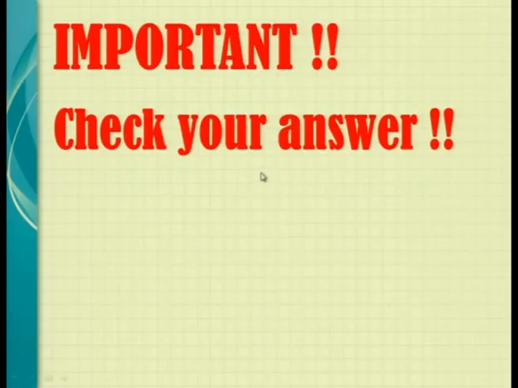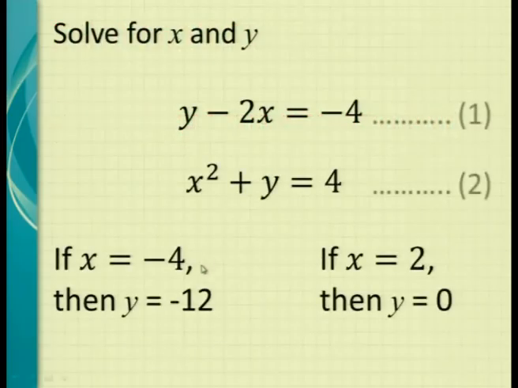Okay. Check your answer. How do you check your answer? You must take this combination and replace it in here and see if that's true. Minus 4 and minus 12. If I put minus 4 in here, if I substitute, minus 2 multiplied by minus 4 will give you plus 8. The y is minus 12. Minus 12 plus 8 equals minus 4. Yep, I'm right. Take the other one. 2. 2 times minus 2 is minus 4. Y must be 0. 0 minus 4 is minus 4. I've checked my answer. So check your answer at the end.